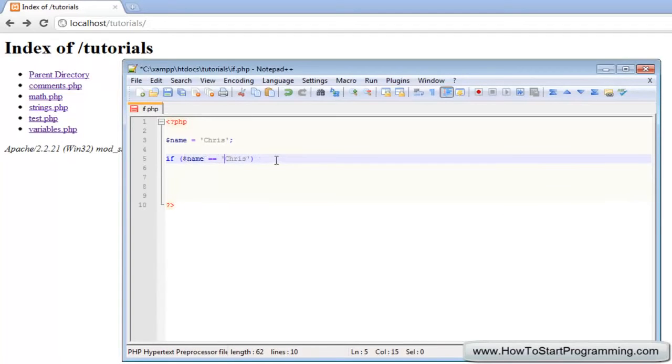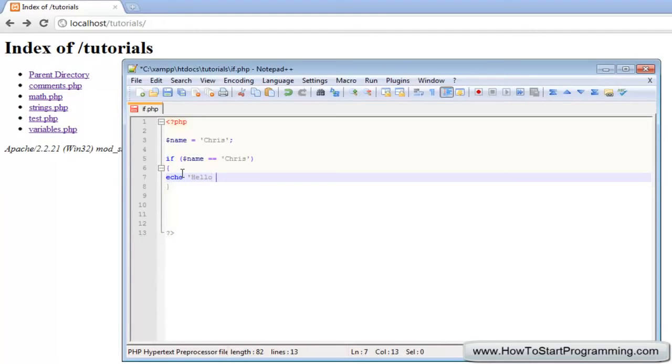And if that is true, now we need to execute the code. Now, any experienced programmers might question this, but I'm just going to suggest use curly brackets all the time. So we need to put open curly brackets, and then down here we're going to close curly brackets. And all code enclosed within the start and end of this will be executed if this condition is true. So what we're going to do is echo